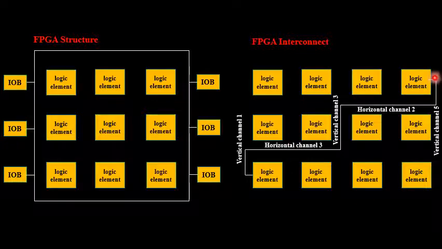So now it has to get connected from this particular output through the vertical channel 5 until it finds the horizontal channel 2, and then it takes the path downwards via this vertical channel 3, and again till it finds the horizontal channel 3, this wiring will run in this vertical manner, downwards. Unless and until it finds the vertical channel 1, it will follow horizontal channel 3, and then finally it will get connected to the input of this particular logic element block or CLB. So this is how we are going to make use of the interconnect.